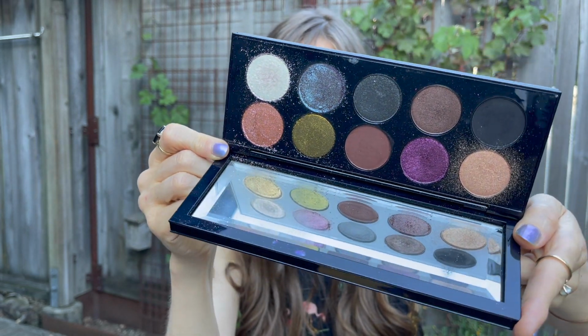Hopefully I'm not blinding you with that mirror. I love this. I think it's so pretty. Everything about it is just stunning, but I can't, for the life of me, even decide which ones I want to swatch for you. Okay, we're just going to have to do 5 fingers here. This is ridiculous. It's totally ridiculous, but I love these colors, but for some reason, I have such a hard time getting a look to work out with this one, and I don't know why. I think it could just be that